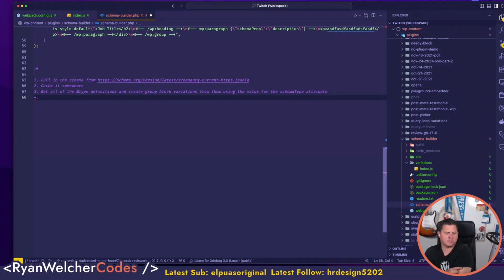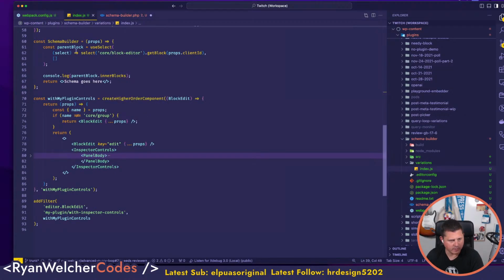It's a lot to do at runtime. So we get all the definitions from there, create group block variations like we did over here,